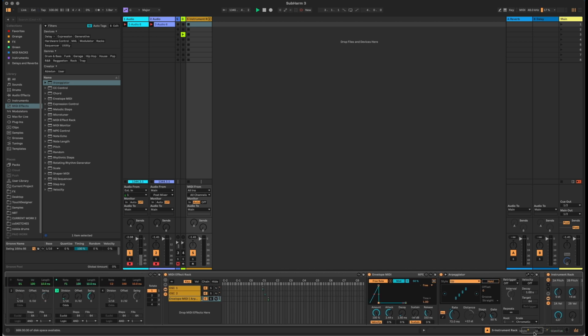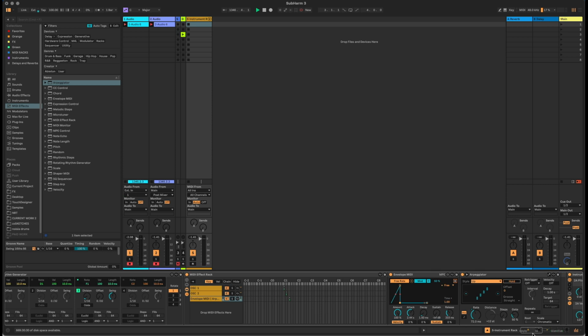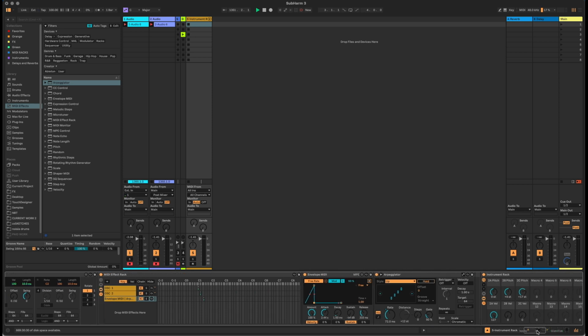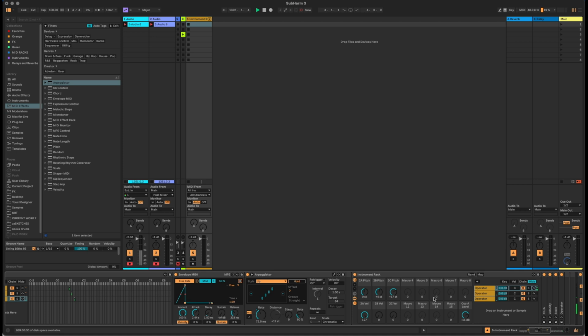Is it doing it? Oh, this is triggering so much we can't even tell. Let's change this back to something like this. Yeah. So now I want to use some more MIDI envelopes in here to add to those VCA and VCF